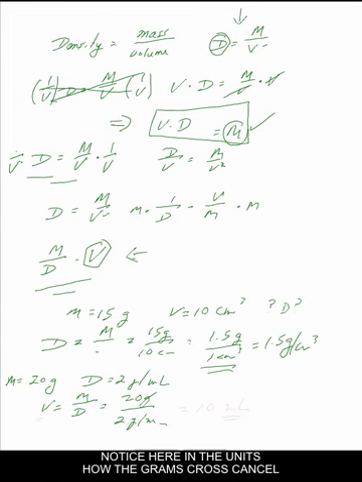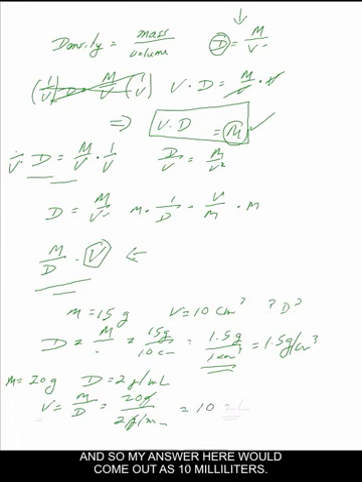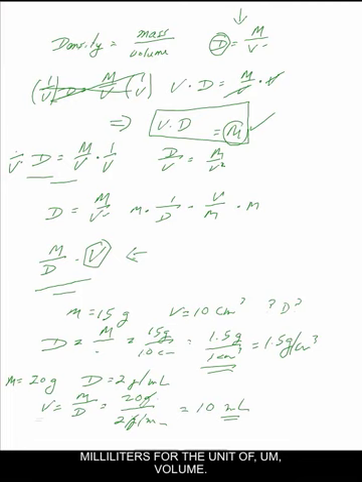Notice here in the units how the grams cross-cancel across the large fraction bar, leaving me units which are 1 over 1 over milliliters, which is milliliters. And so my answer here would come out as 10 milliliters. And that's, of course, an appropriate unit, milliliters, for the unit of